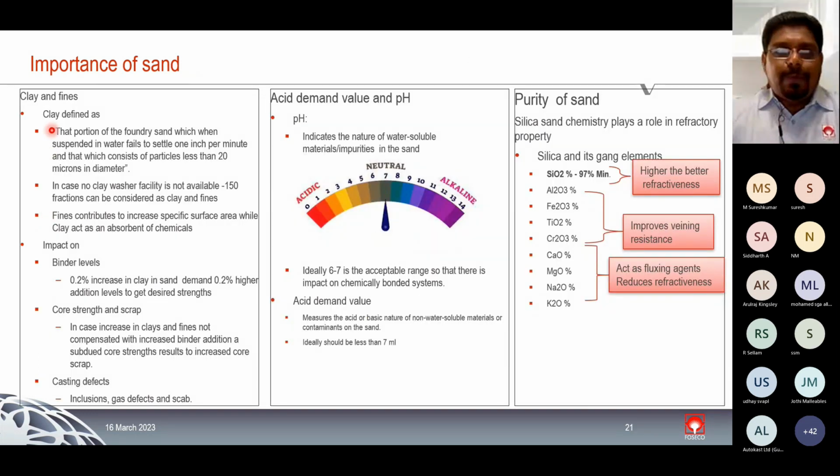Clay was already explained. Clay is an unwanted element as far as the core is concerned, whereas we do add clay to the molding sand as a binder. But from the side of the core, it's an unwanted element because it will eat away the binder, because clays are very absorbing. The thumb rule is that 0.1% clay will demand 0.1% more additional binder level to give the same strength. So